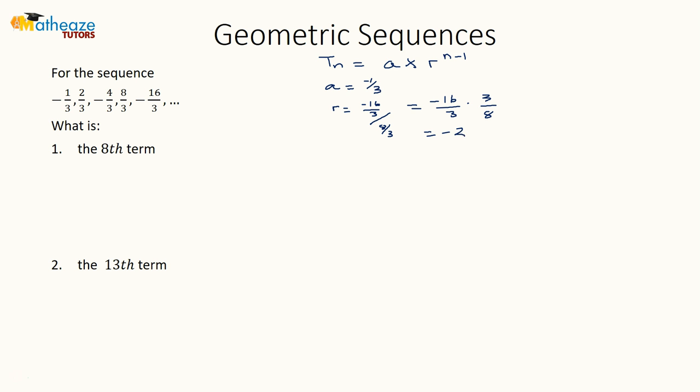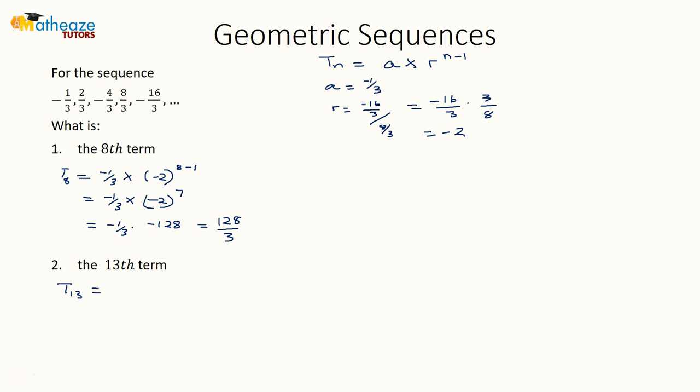So the eighth term is going to be, so T8 is going to be a, which is negative 1 over 3 multiplied by negative 2 to the power of 8 minus 1, which is negative 1 over 3 multiplied by negative 2 to the power of 7, which is going to give us negative 1 over 3 multiplied by negative 128. So this is going to give us 128 over 3. For the 13th term,